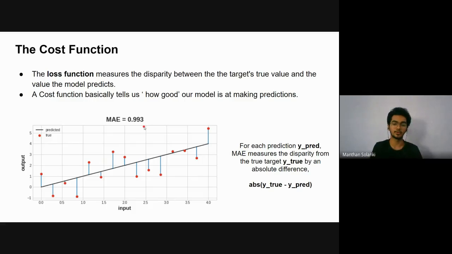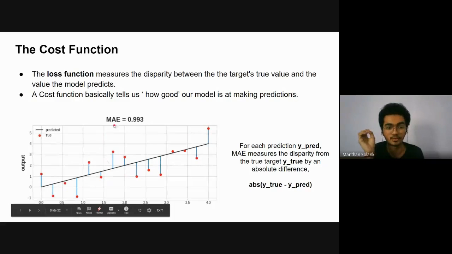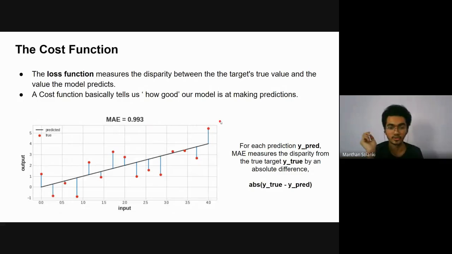Sometimes it's called error too. So there are three terms: loss, cost, and error. All three of them are used interchangeably, but the common practice is: for the individual loss we have the loss function, for the average we have the cost function, and the average value is called the error. Here is the graph of mean absolute error. Like the activation functions, we have several loss and cost functions available for different purposes. For some problems, other activation functions and loss functions work well.